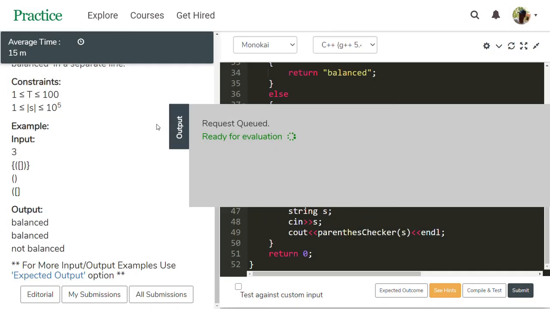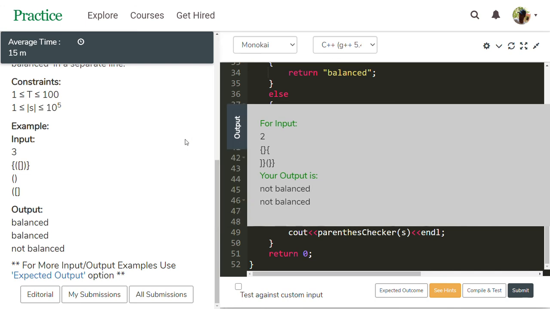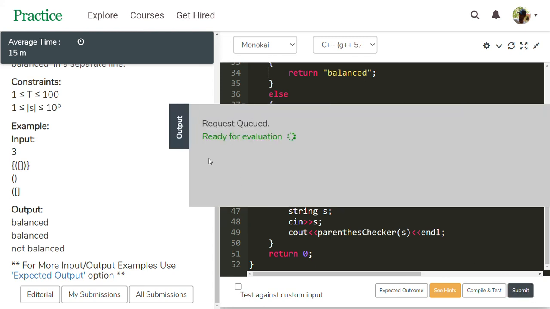Check this one. Both are not balanced. Then submit. Yes, correct answer, with the execution time 0.07.